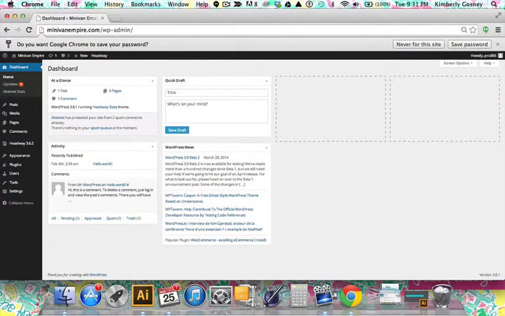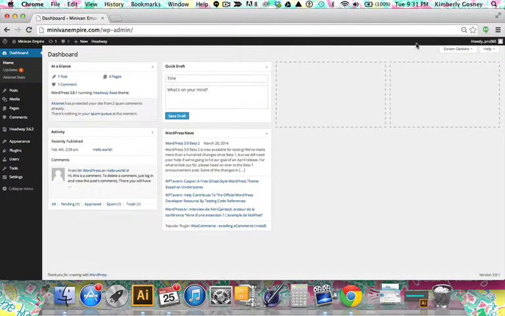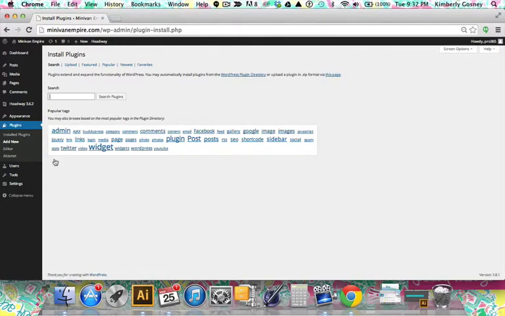Okay, so you want to be in the back end or the dashboard area of your WordPress site, which you can get to by doing your site.com/WP-admin and then putting in your password and user information. Okay, so now we are going to click on the plugins. We're going to hover over it and click on Add New. Then if you do a search for Updraft,